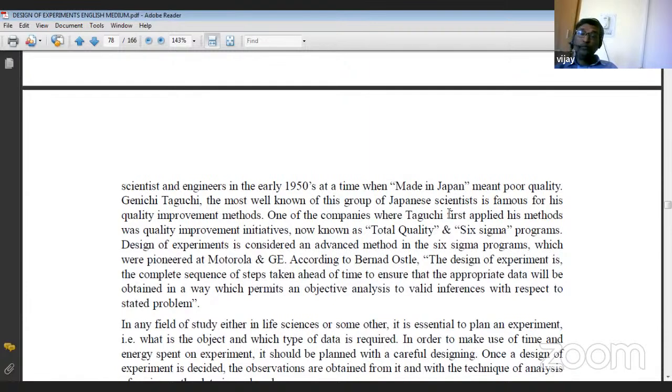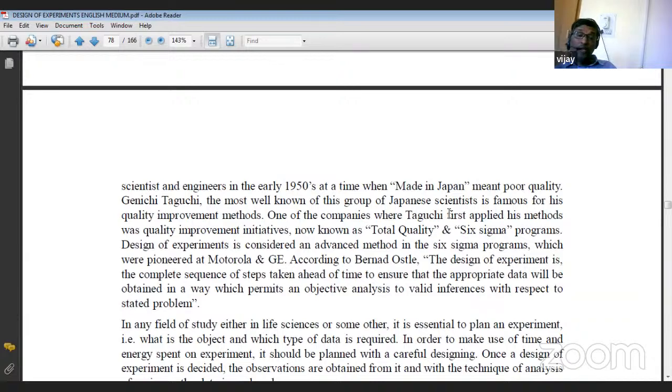Japan named Hopewell. Genichi Taguchi, the most well-known of this group, a Japanese scientist, is famous for his quality improvement methods. One of the components where Taguchi first applied his methods was the quality improvement initiative known as Total Quality and Six Sigma programs. Design of experiments is considered an advanced method in Six Sigma programs, which were pioneered at Motorola